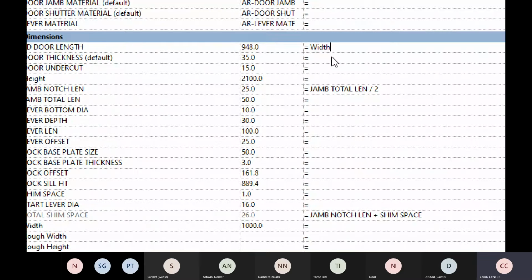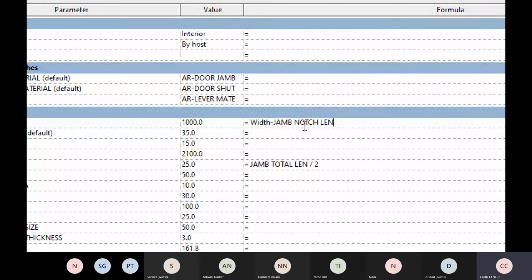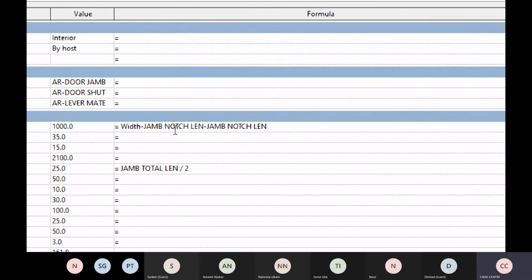Then I'll copy the jamb notch length, and minus it twice, one side and the second side,